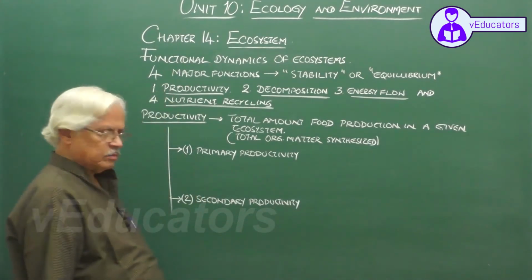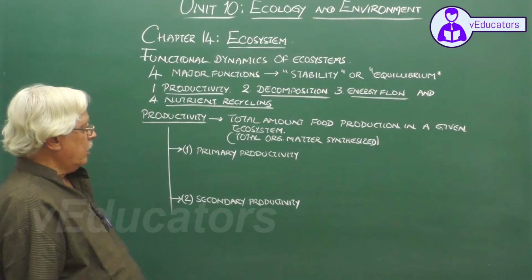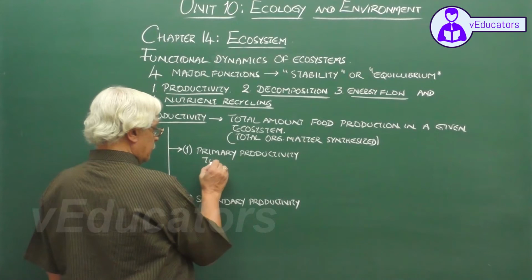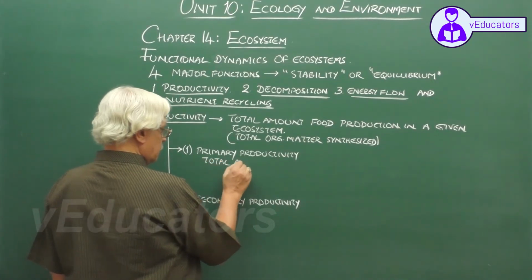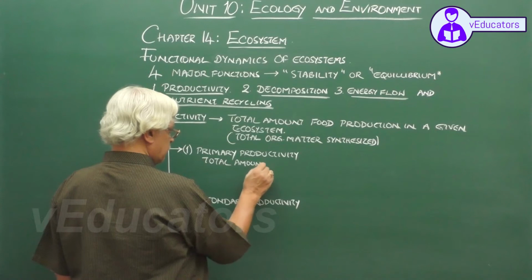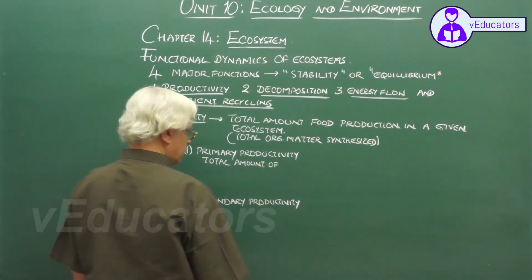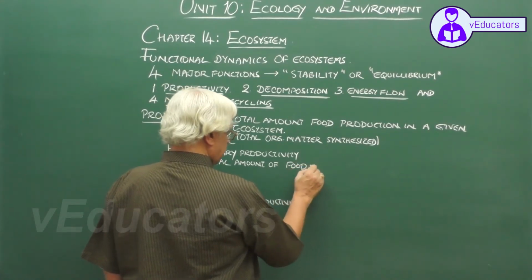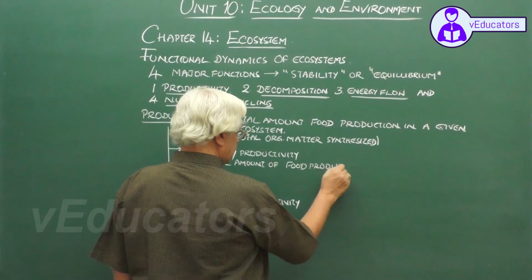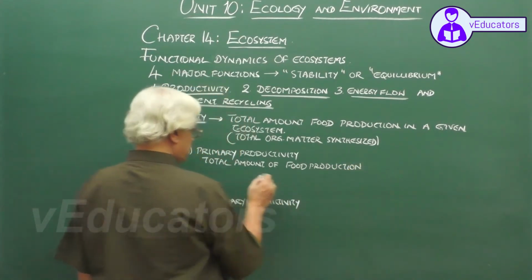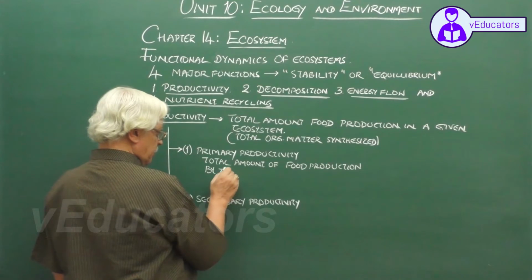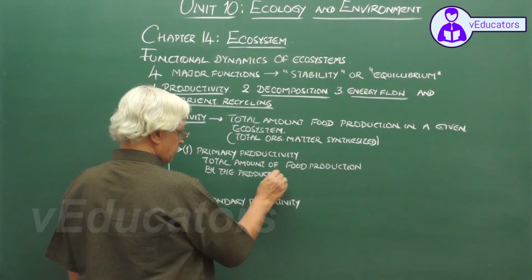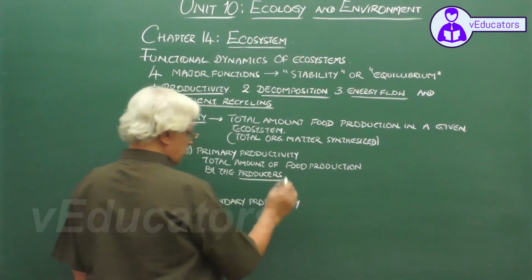Primary productivity and secondary productivity. Primary productivity refers to the total amount of food production by the producers. That is